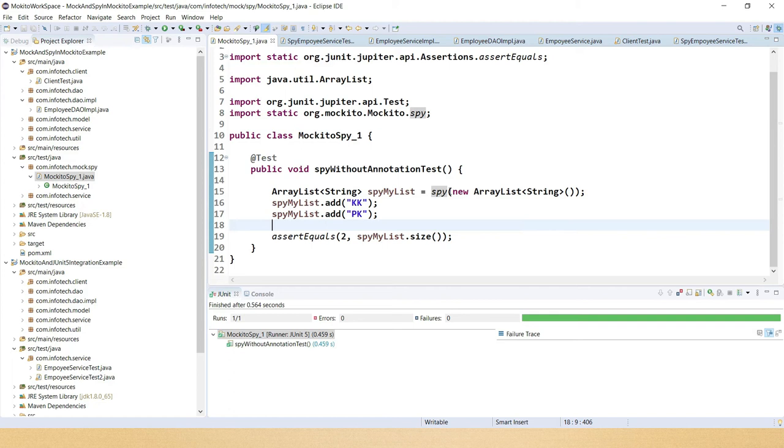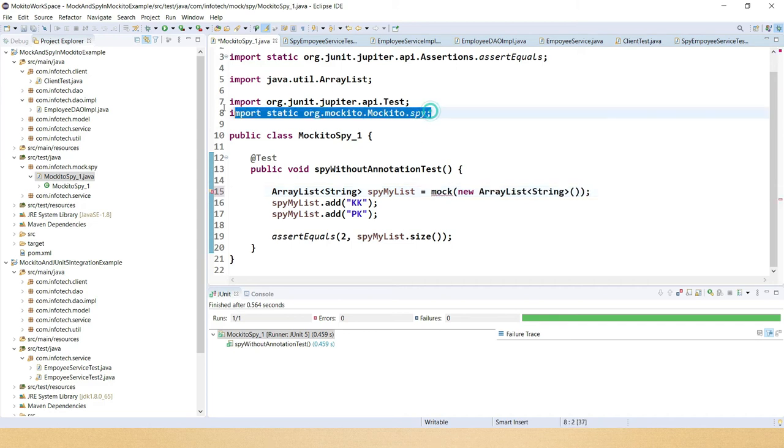But if you use mock instead of a spy, then let's say I'm doing mock, right? So mock also we can do the static import.